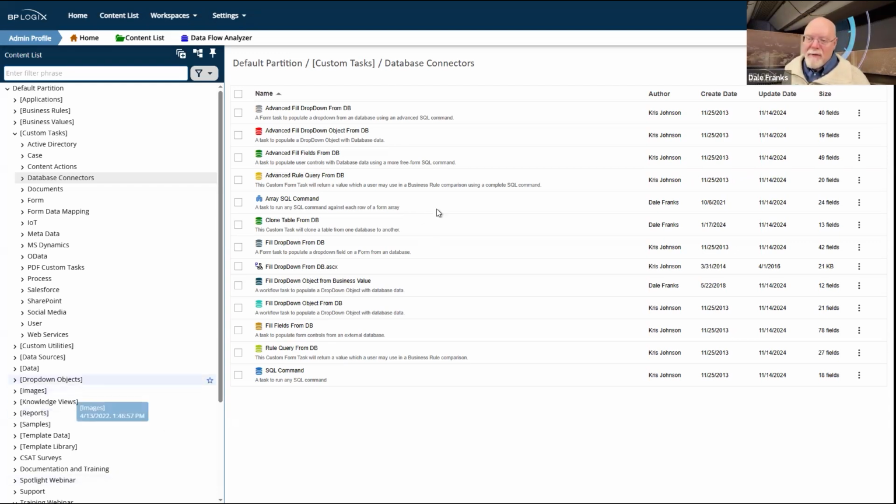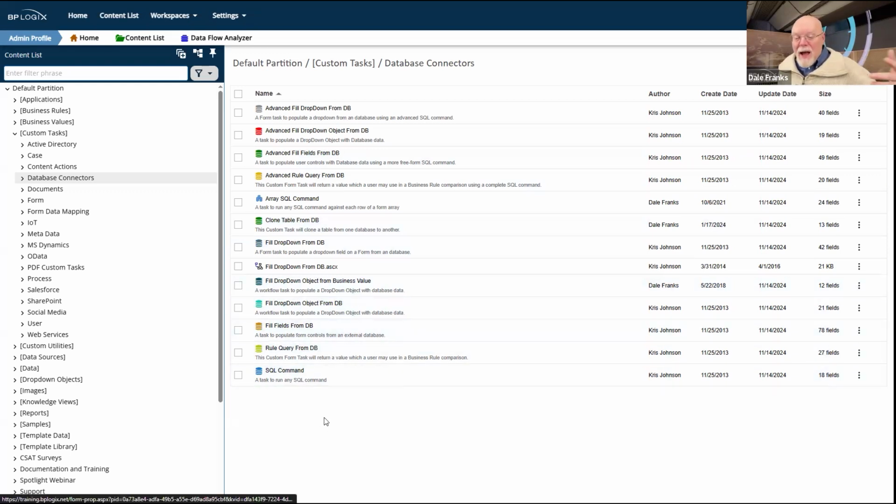And so there's advanced fill dropdown, there's advanced fill fields, there is fill dropdown and fill dropdown object from business value and fill dropdown object from database and fill fields from database, rule query from DB. You don't really need any of these custom tasks anymore.